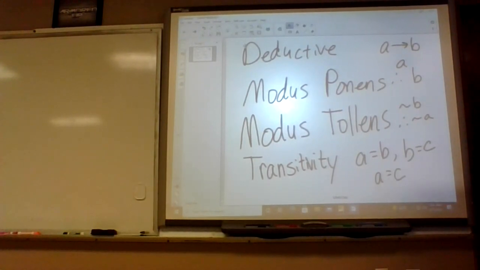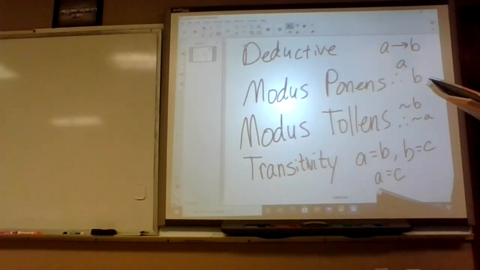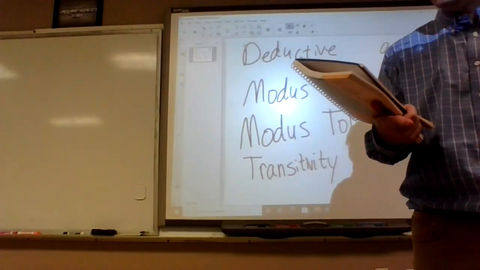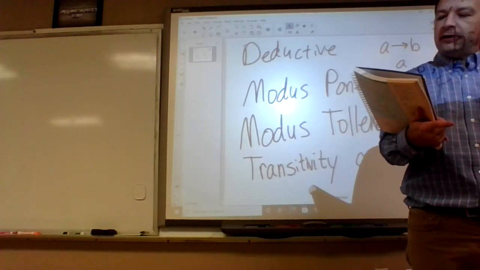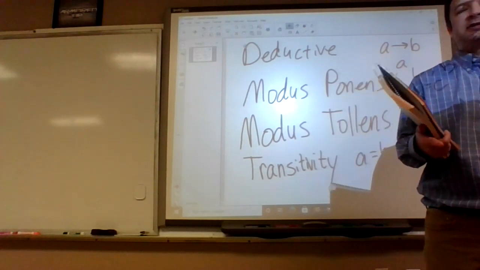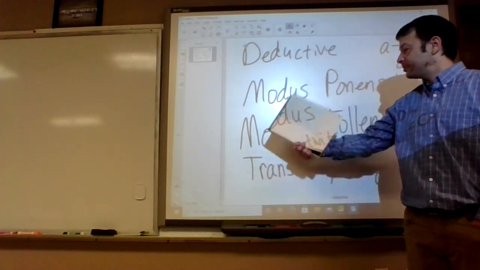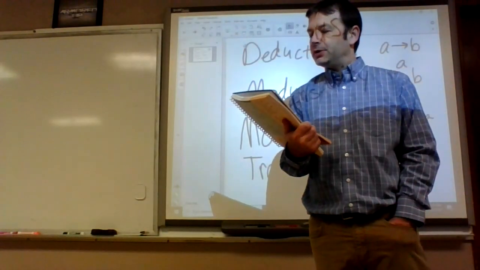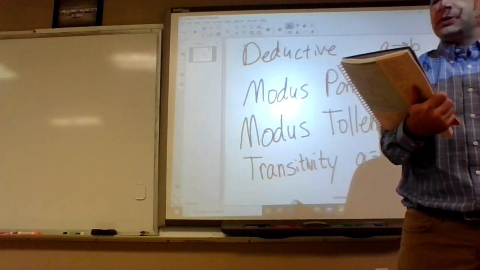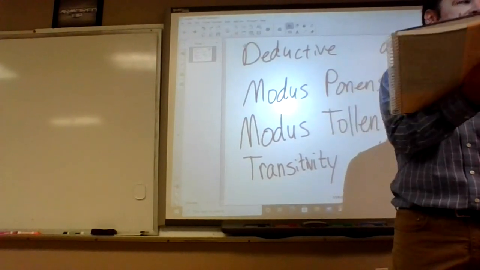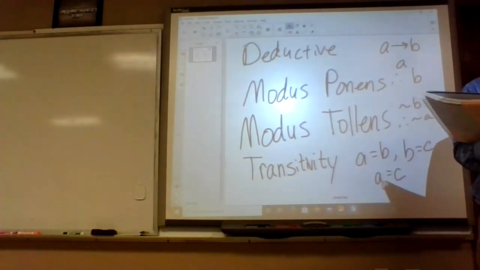Okay, on 25 it says, state a valid conclusion for each set of premises. Premises are like your starting assumption, something you assume is true. We're supposed to classify the type of deductive argument, so it's going to be one of these 3. If grandma makes cookies, then the children will eat them. If the children eat the cookies, then they will not eat their supper. What can we conclude from that? And then what kind of logic would we use?